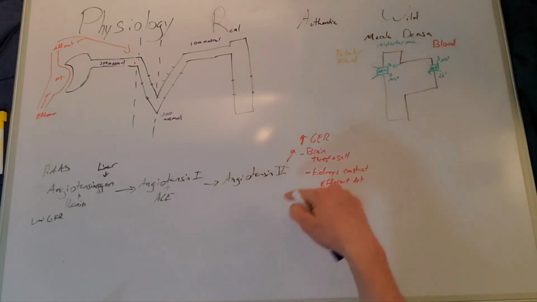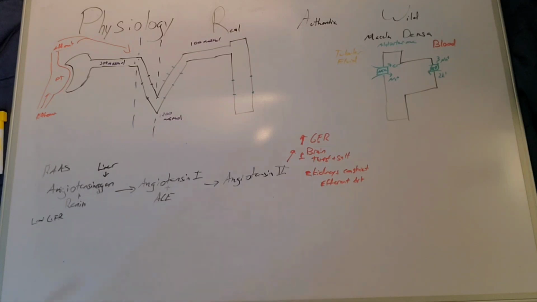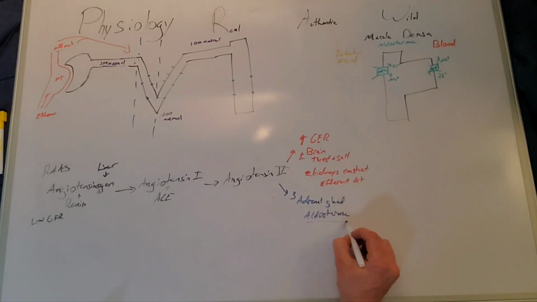So that's two things that it does. Maybe I'll go like this real quick. Let's go 1, 2, and then it could also go 3, which it'll go to the adrenal gland to produce aldosterone. And in a second we'll talk about what that does up here, but aldosterone basically